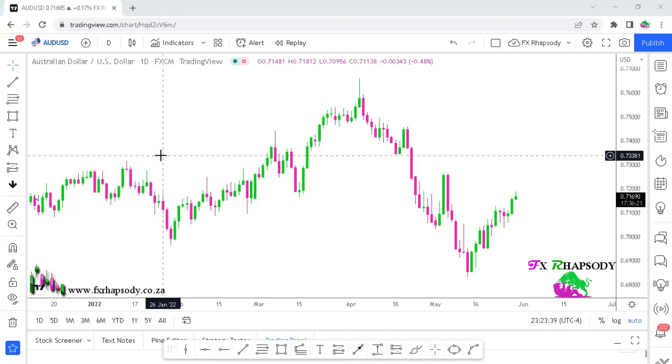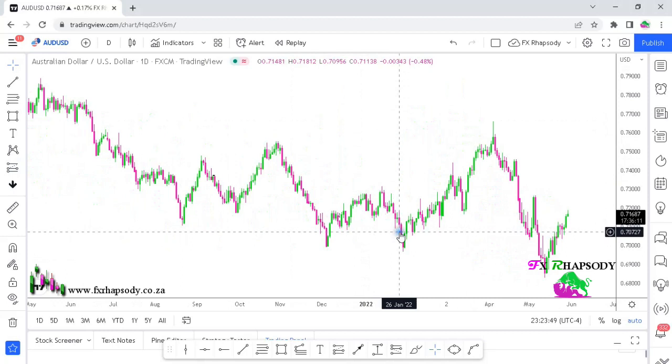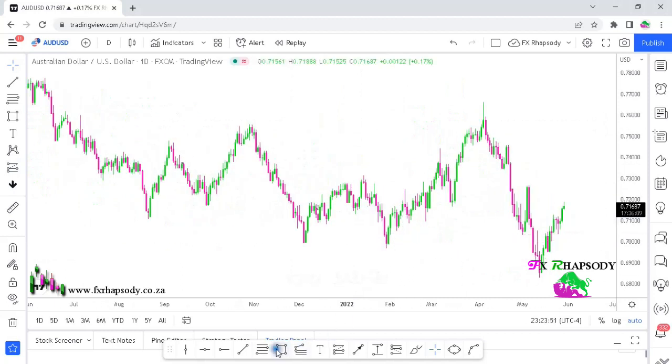Okay, so let us hit the charts. So what can we see on the Australian dollar, USD dollar? On a daily time frame, I'm just going to zoom out. We can see that